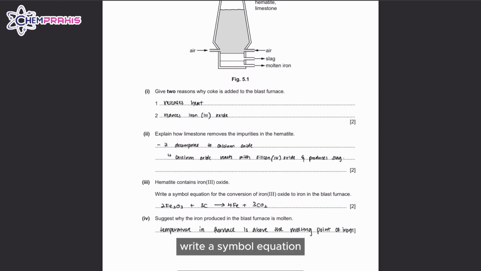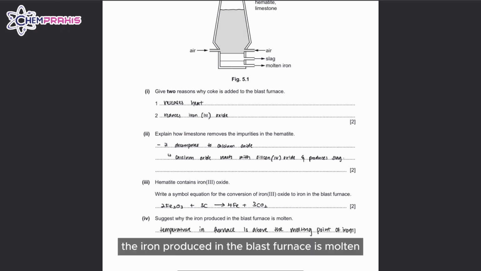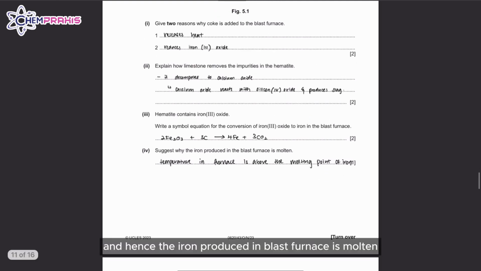Write a simple equation for the conversion of iron(III) oxide to iron in the blast furnace. Your equation should look like this. Ensure that you've balanced the equation. Suggest why the iron produced in the blast furnace is molten. The temperature in the blast furnace is above the melting point of iron, and hence the iron produced in the blast furnace